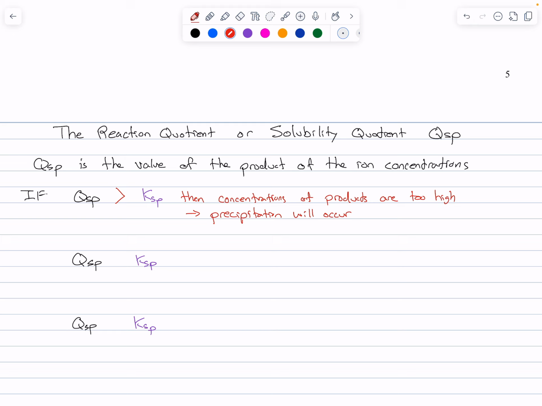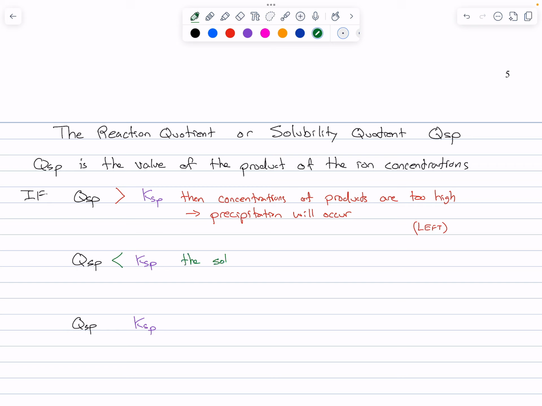It's still a shift to the left. We can even write that there, but it's going to precipitate, all right, because it's a solubility product. If the opposite is true, if Q is less than K, right,